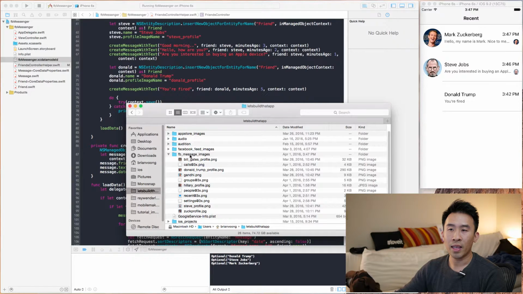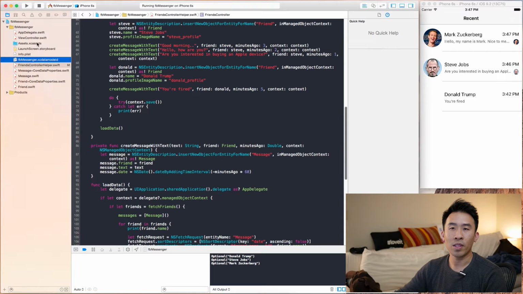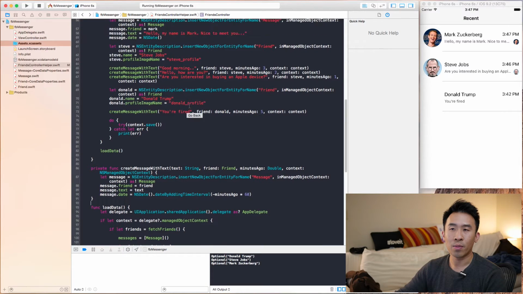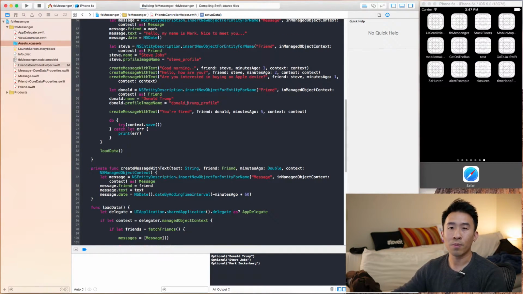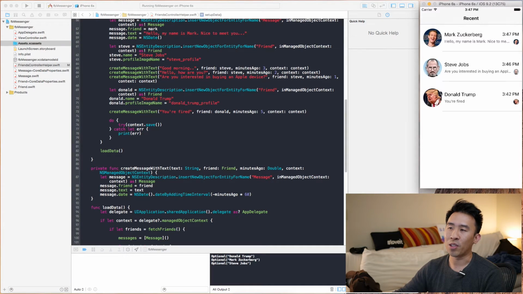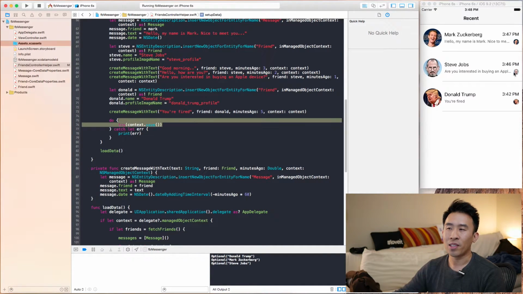So I have the Donald Trump profile, and I want to import it into the assets catalog by doing that, and then going back to our profile here. So I believe it's underscore Trump, like so. And run the application one more time, and we get, hopefully, his profile image showing up. So pretty good. Now, the final question is, we should actually see these messages upon clicking each one of these